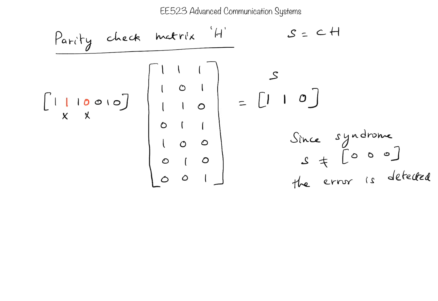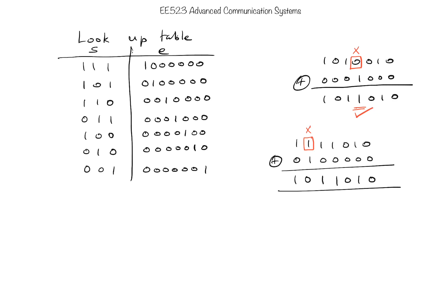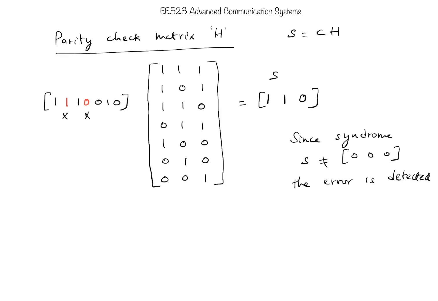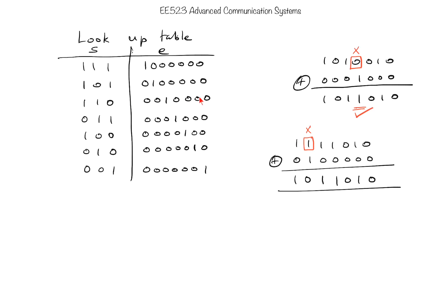But if you ask it to solve 2-bit errors, it fails and it causes more problems by introducing additional errors in the process. So let's see what happens. If we just proceed with the normal procedure, the decoder will take the syndrome. What is the syndrome we had here? The syndrome is 110. Corresponding to 110, it looks at the error vector and adds that error vector to